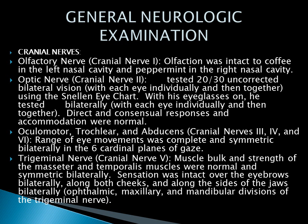So to test cranial nerve number 1, the olfactory nerve, in your doctor's bag you're going to want to have 2 odorous substances. The first is coffee, and the second one that I use is peppermint. And you can test each nasal cavity separately with these 2 substances. And coffee and peppermint seem to be good substances because they are non-noxious or